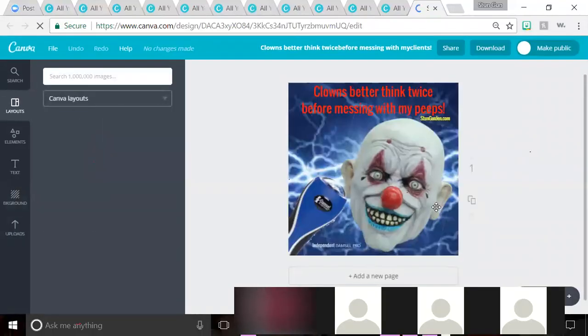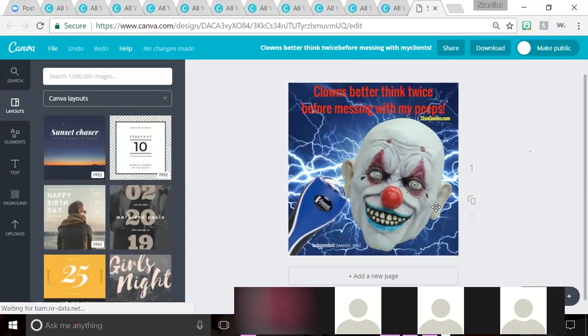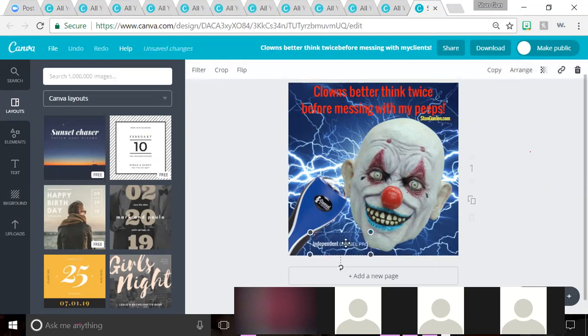I used this back when the clowns were being a problem. This may not be fully compliant because these colors are not in our thing, but I did have an IDP logo on here. See that? Okay. I was not trying to scare people. I didn't want to make it like, oh, you need to start carrying your stun gun because there's these clowns about and they want to kill you. I wanted to make it silly. I wanted to make fun of something going on in the headlines, but that made it very clear that, hey,